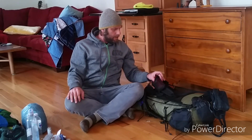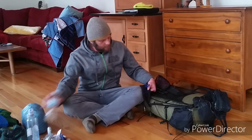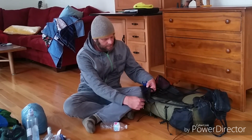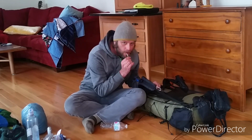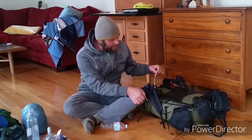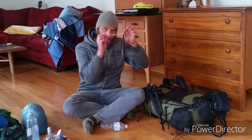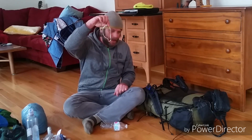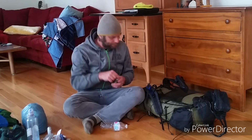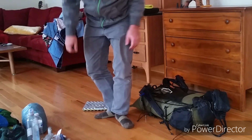So, other than that, I have a little Z-Packs water bottle clip on the outside here. A goofy little whistle in case I fall down a hill and need to get some attention. And this is a piece of string that goes to hanging my food bag, which I will show you here in a little bit. Before I get too far,